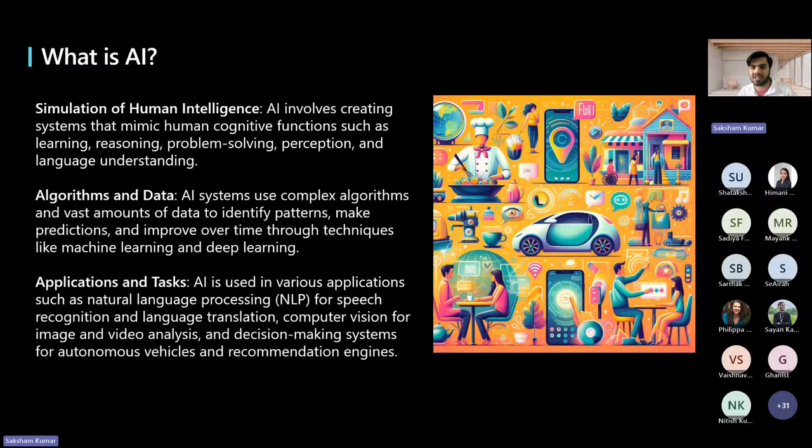So what is AI? AI refers to the simulation of human intelligence. We are making computers humanized, so they are able to think, learn, and solve problems like a human. AI systems can perform tasks that typically require human intelligence, such as recognizing speech, making decisions, and translating languages. Essentially, AI enables computers and other machines to act intelligently by using algorithms and data to understand and interact with their environment.